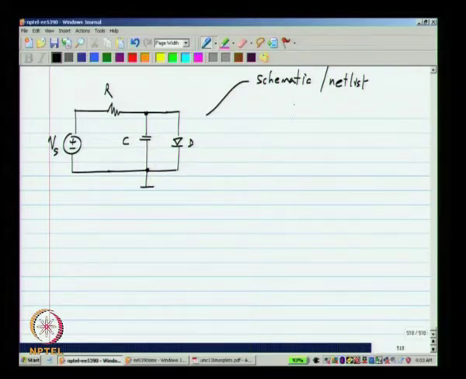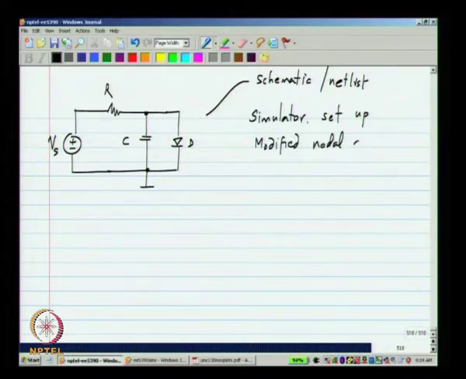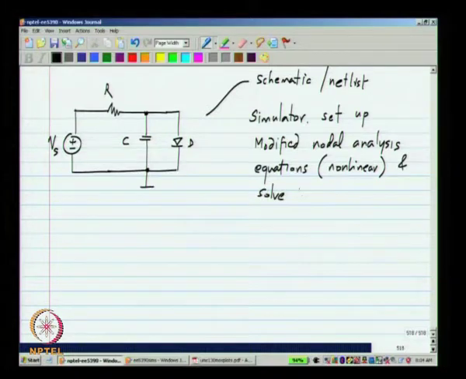Now, what the simulator will do is to set up modified nodal analysis equations which are nonlinear in general, because we have nonlinear elements, and solve the equations.